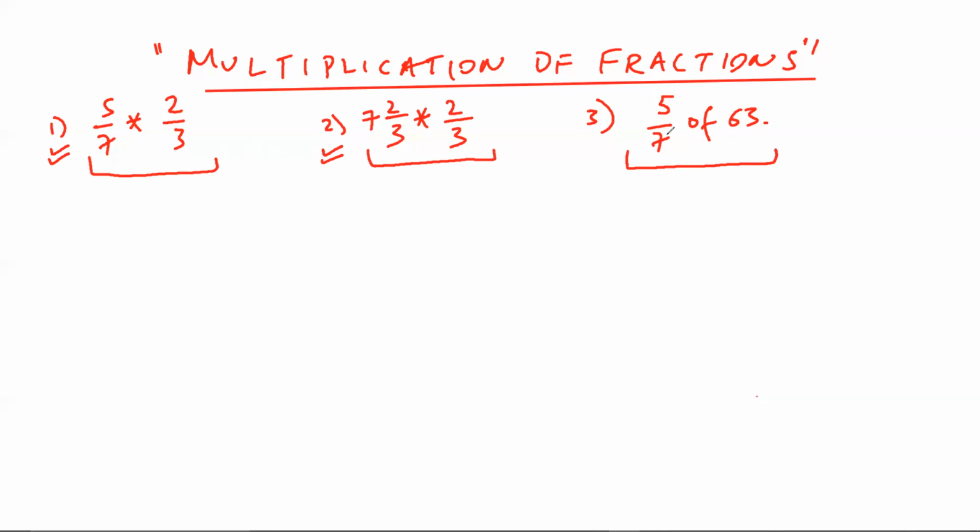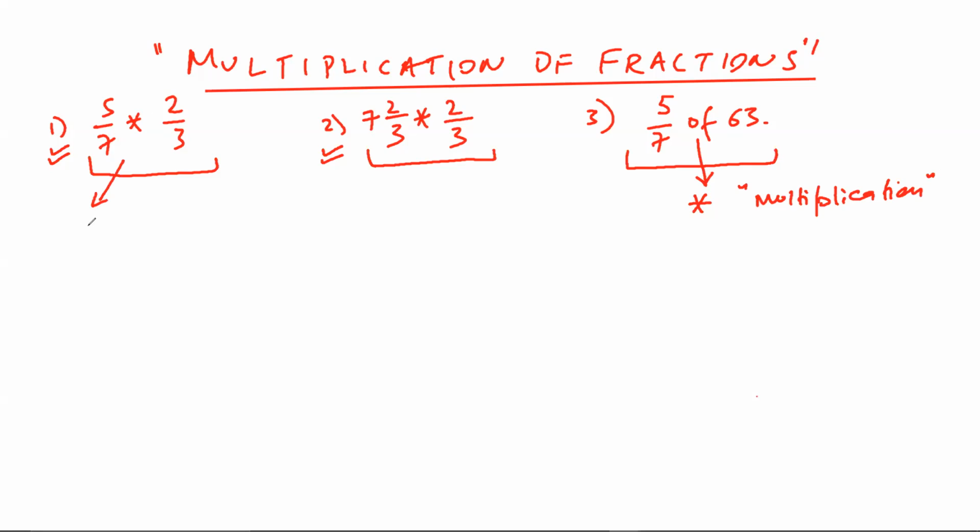So, 5 by 7 of 63. This "of" basically means multiplication. Have you understood? Yes, sir. So, multiplication is easy. All you need to remember is that when you write 5 by 7 into 2 by 3,